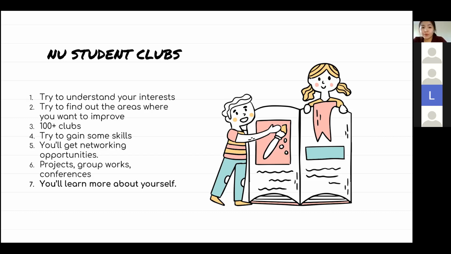So you'll get networking opportunities. It means that you will have new friends, and these networking opportunities can be a really good result for you in the future. And also you will be engaging in projects, group works, conferences, and this is really important because